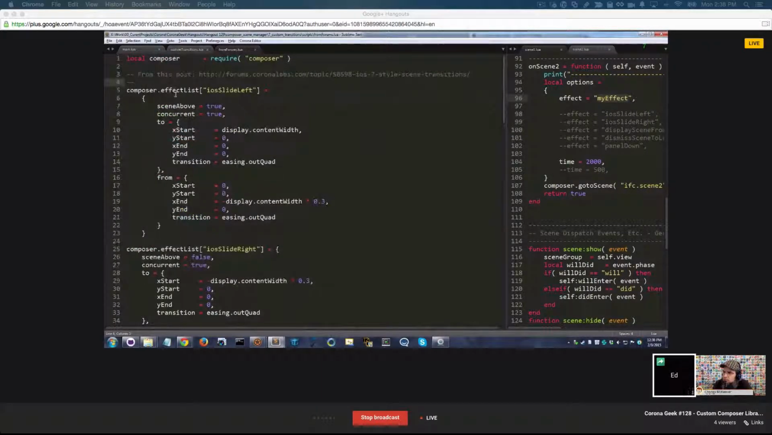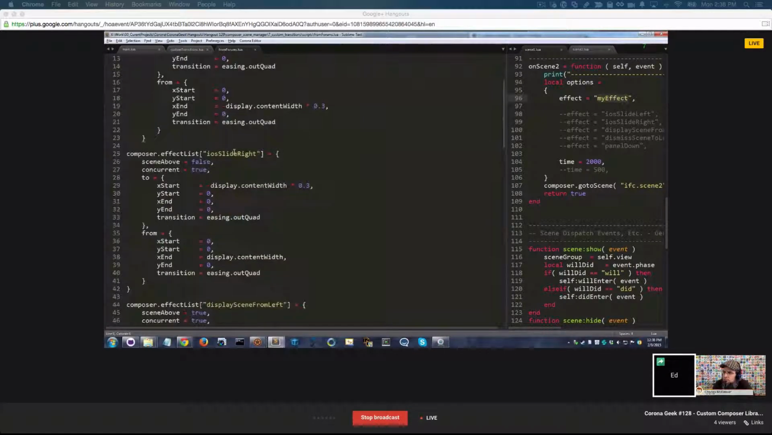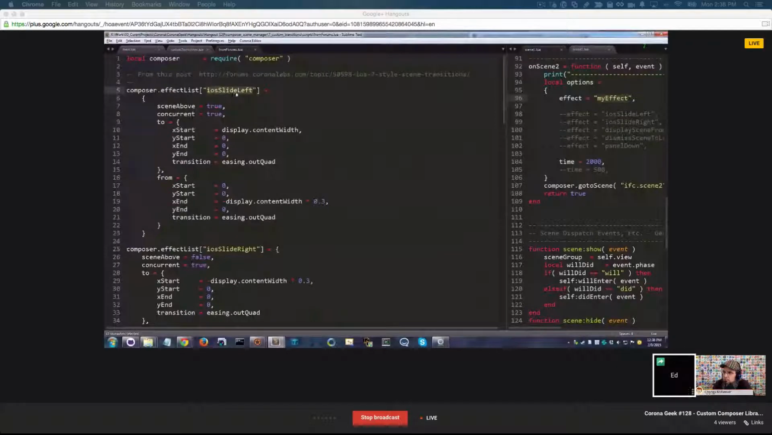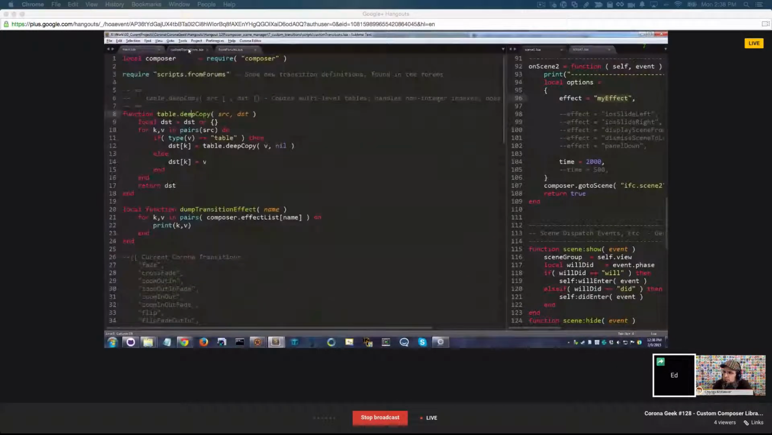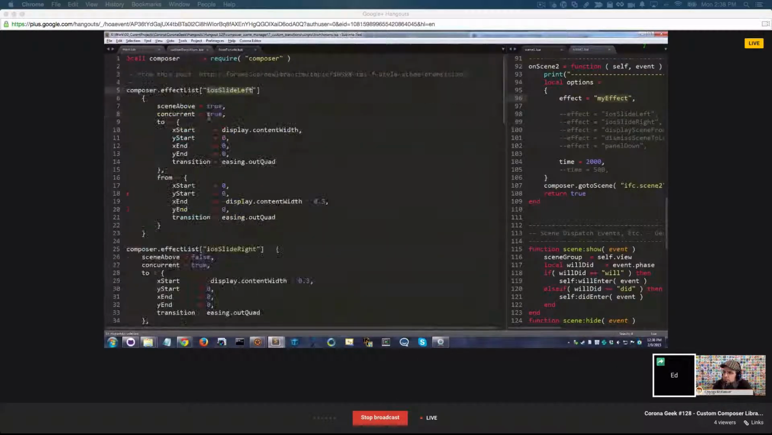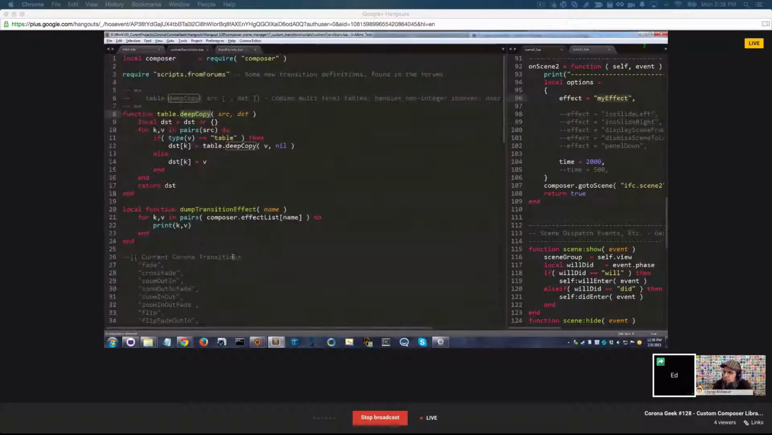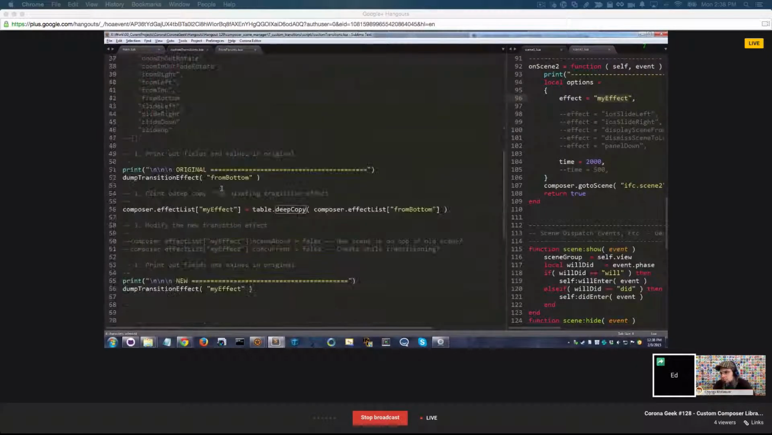Composer dot effects list right here, which is a table indexed by the names of the effects. For example, slide left, slide right, or for these custom ones here, iOS slide left. And so what you want to do is either hand code, as I've done in this file, the entire effect on your own, or use deep copy,